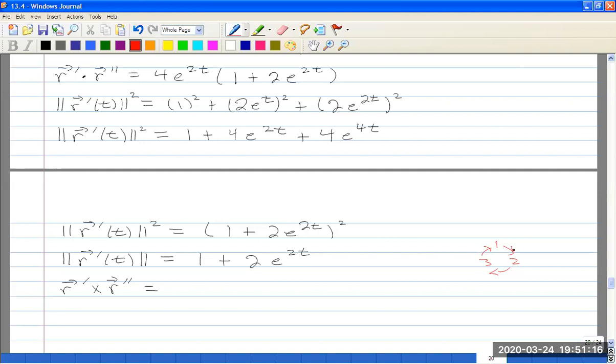So this is equal to, so you do 2, 3. So 2, 3 is 2e^t